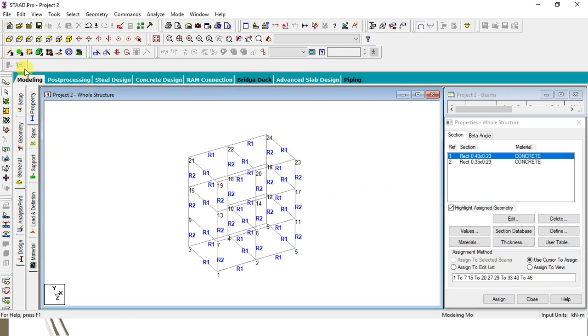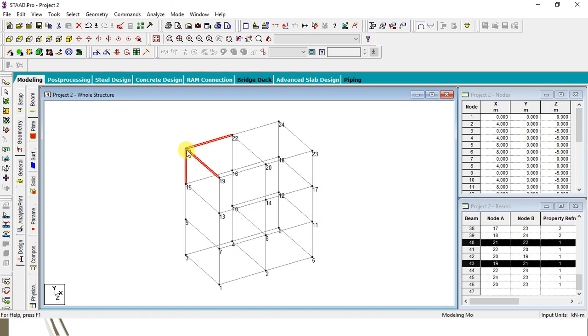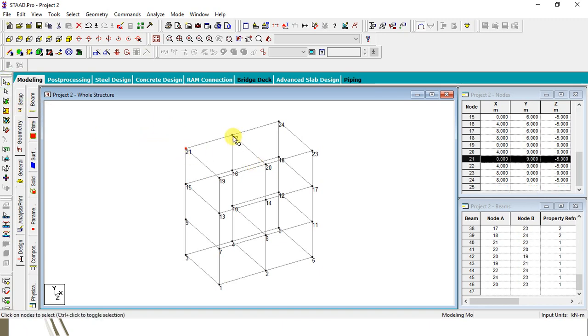I'm adding some beams here. Okay, so I'm selecting here geometry. Right, now I'm selecting node cursor, selecting the first node, second node, this will be the third and the fourth node.